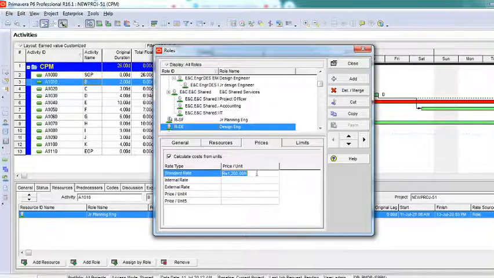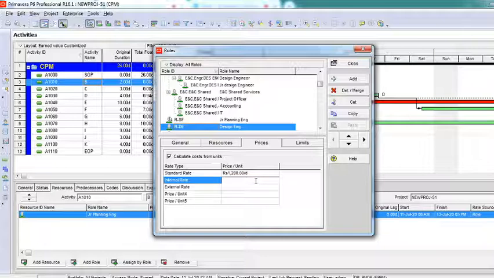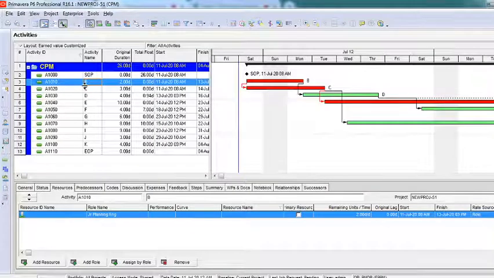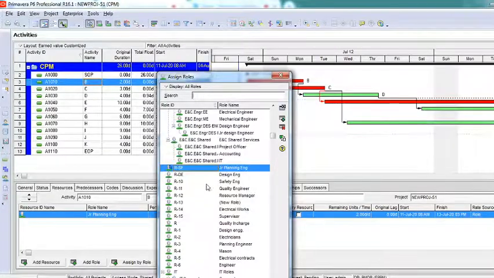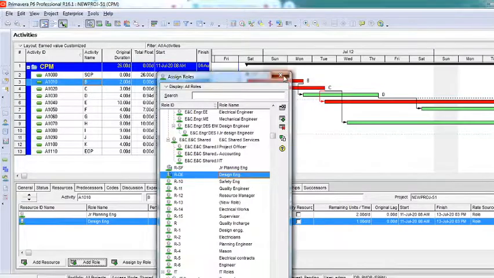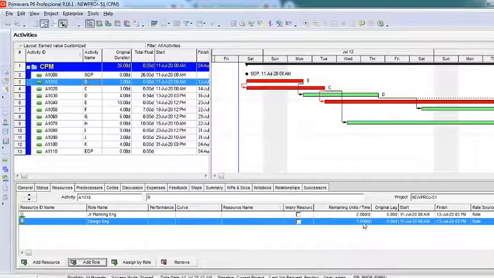It's taking hours by default. I'll change it to day, and I'll just not add anything much. I'll just add 1500 rupees in internal. There is no external cost being added. Okay, anything limits and all you can add, and then say close. And for the same activity, I'm not changing any activity. For the same activity, I'll also add a role called design engineer. And I need how many design engineers? 1, 2, 3. You can select here.